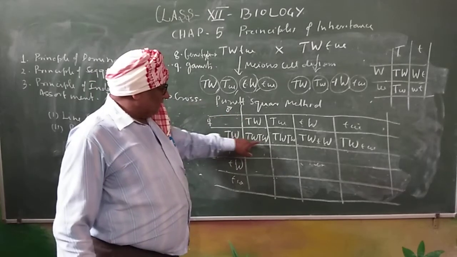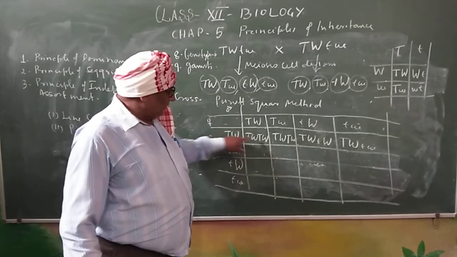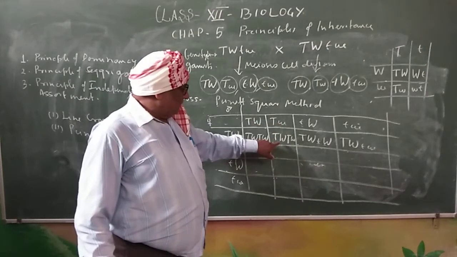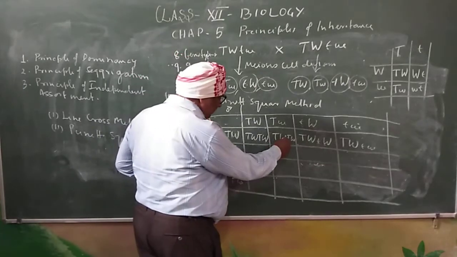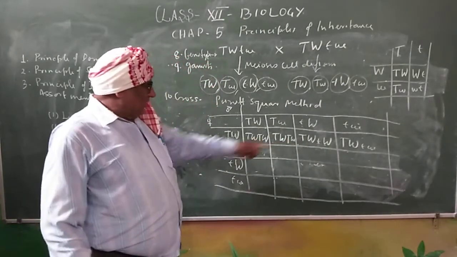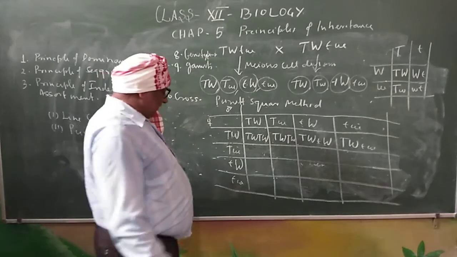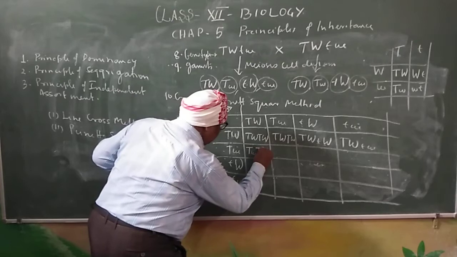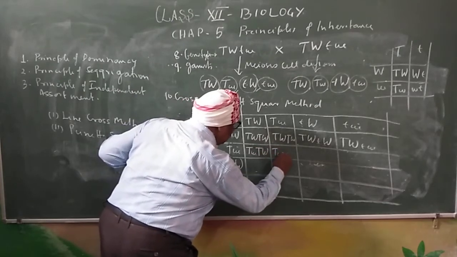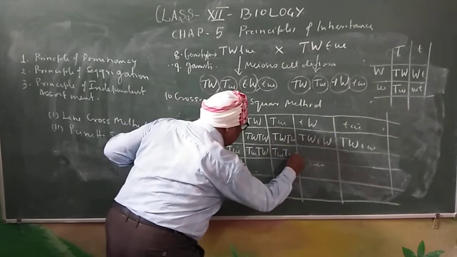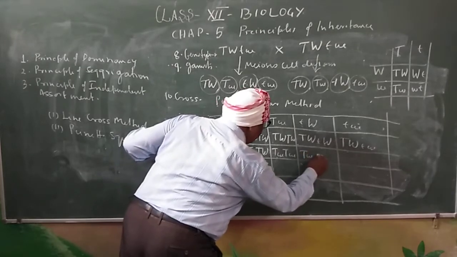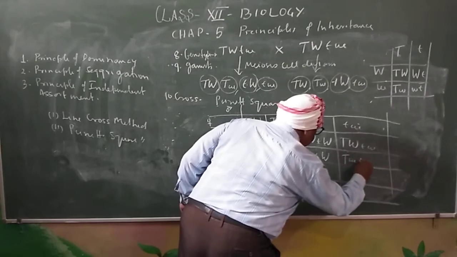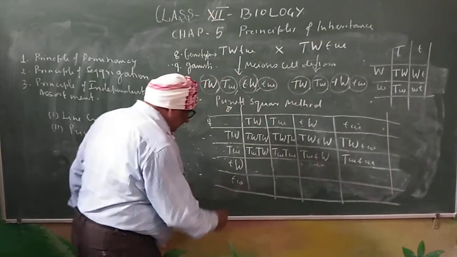The product will be of this type. Just to see, it's clear. Here is the female gamete, and here is the male gamete. They are brought together in the form of these. In this way, all the columns will be filled. I am filling the column. Now the third column.